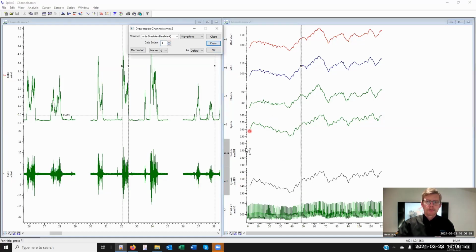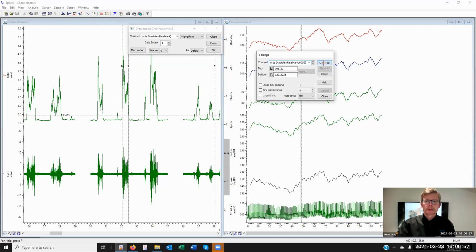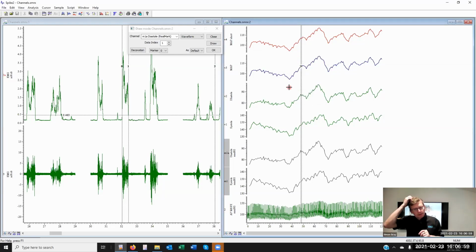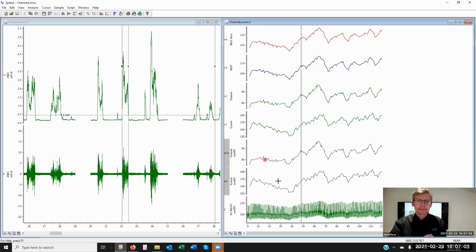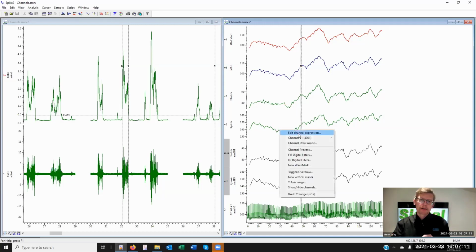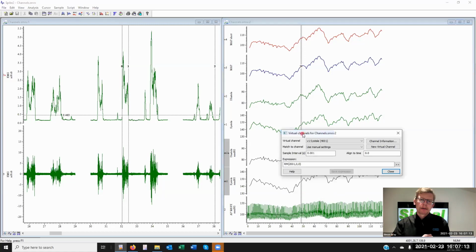Okay, so there we go. Systolic and diastolic. Now, for some people using older, earlier versions, to go from this to the mean arterial pressure may mean creating two virtual channels. And these channels are created with the expression